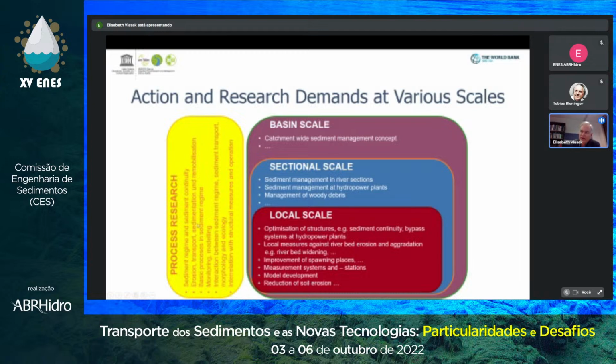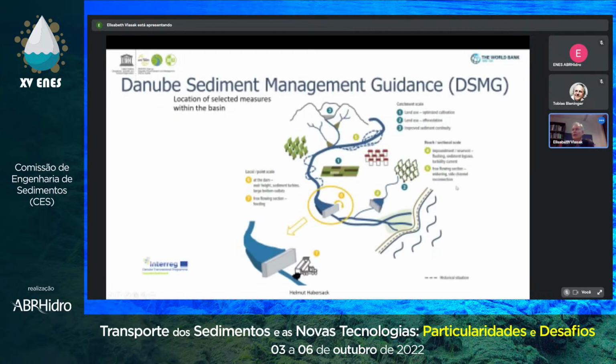However, I have to say, and we have colleagues, of course, here with Tobias and so on, that we need process research, of course, still in order to improve our equations, but I'm not talking about this today. We need also to improve the monitoring methods and the modeling and also the understanding of the processes in order to be able to improve our measures at the end of the day. So this is just schematic. Now going more concretely to issues.